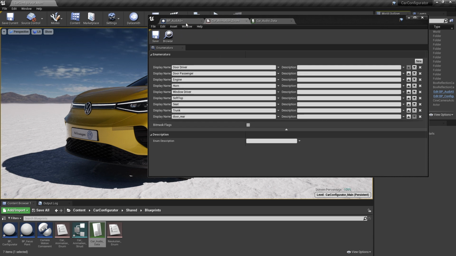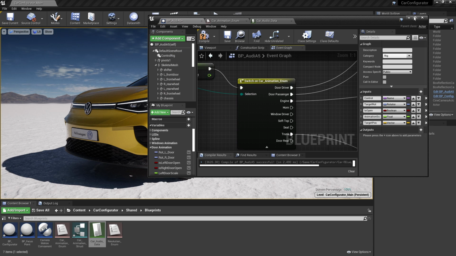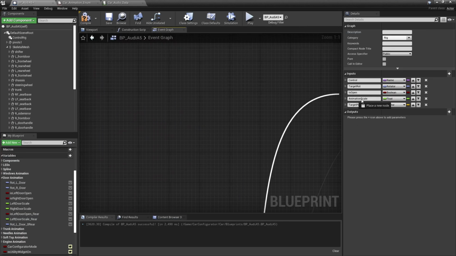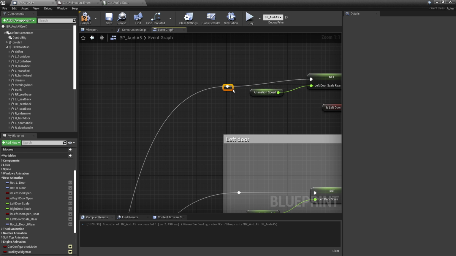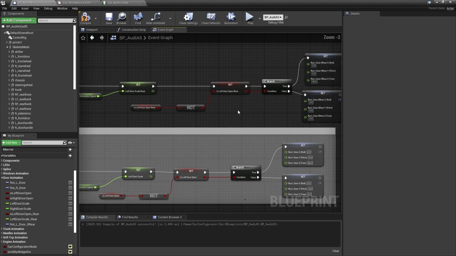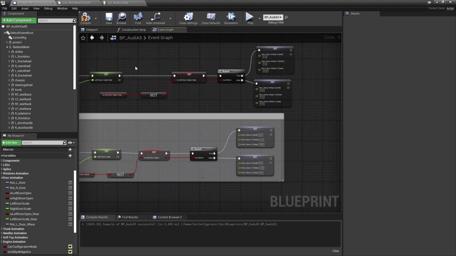We can save that. We'll jump back in here. Let's bring that Audi back up here and expand that out. And we'll just grab this rear door and we'll bring it up here and kind of go over into this guy. Wire that in, double click on this just to add a little node in there just to kind of tidy that up. So this is all looking like we've got it set properly. Let's go ahead and let's compile this and see if it actually works or if we get a warning or an error. So we'll click the compile button.